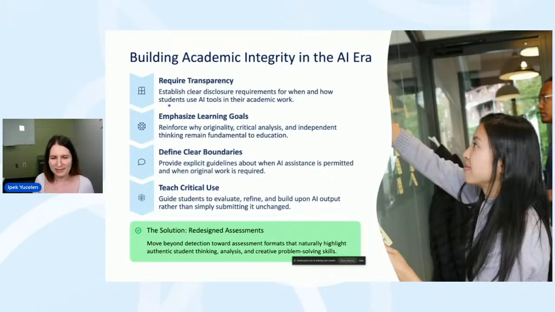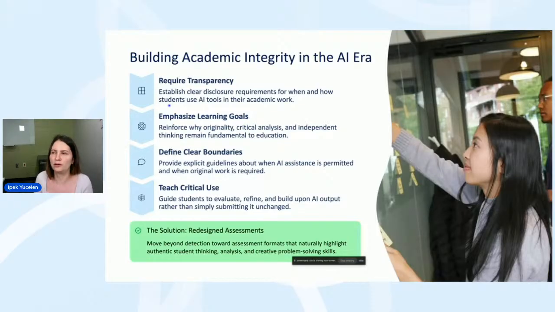So some steps we can take is we can basically be transparent. We can tell them we want them to use AI, or we want them to have limited AI usage, or we don't want them to use AI. And we just need to be transparent, and we need to always emphasize human creativity comes first. I think this is the most important thing they need to preserve.